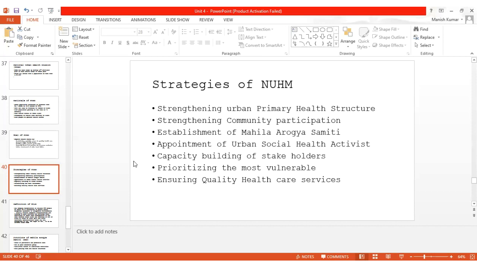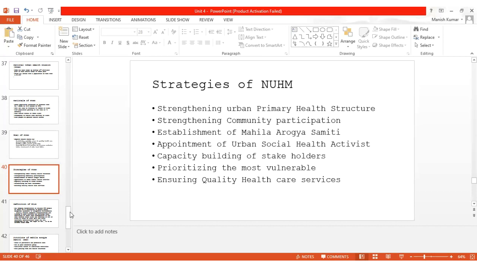So the community is at the pivot of these urban PHCs. Establishment of Mahila Arogya Samiti, appointment of USHA, which is a counterpart of ASHA, prioritizing the most vulnerable